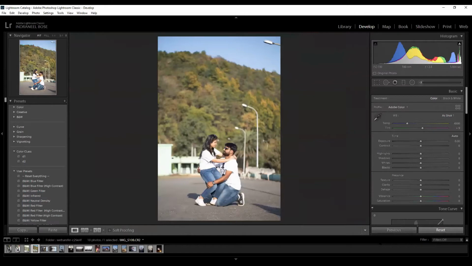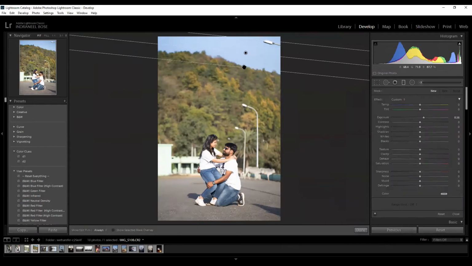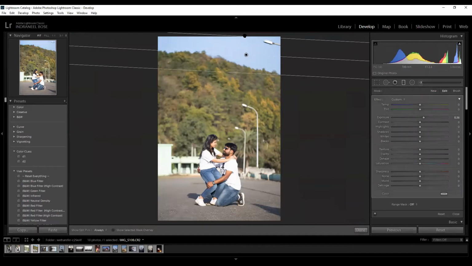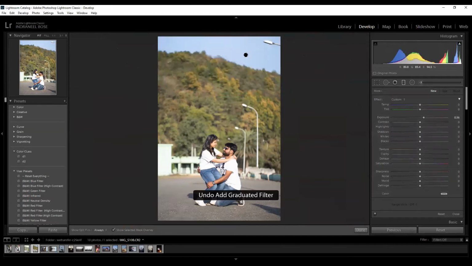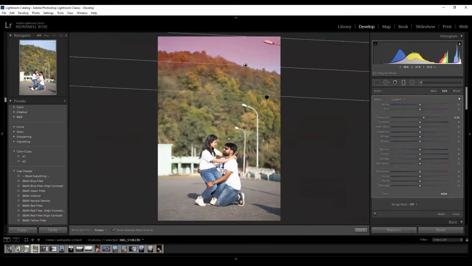Suppose this is a typical image. First and foremost, we can always play with the sky first. Now we can always take the color.